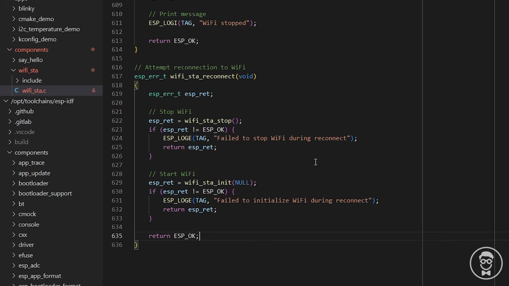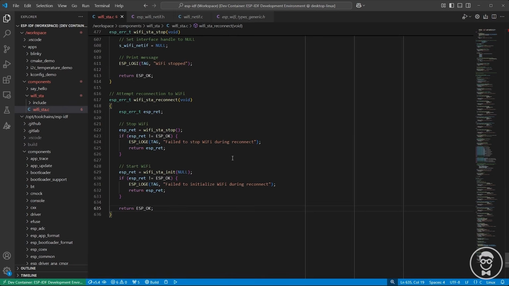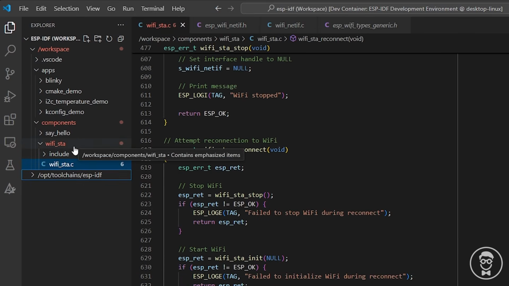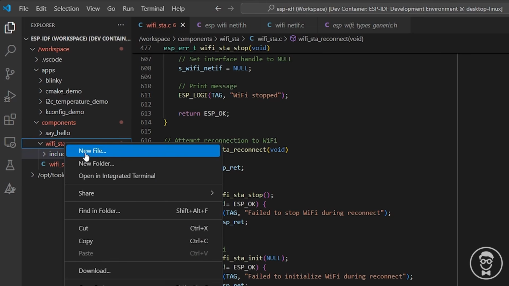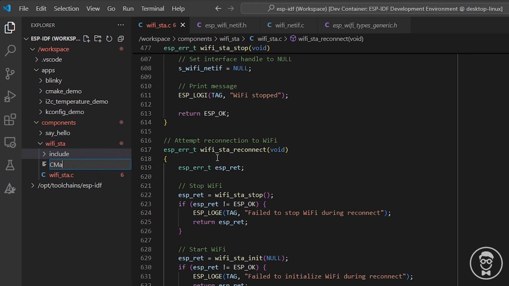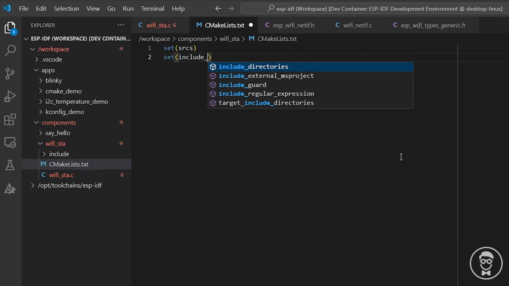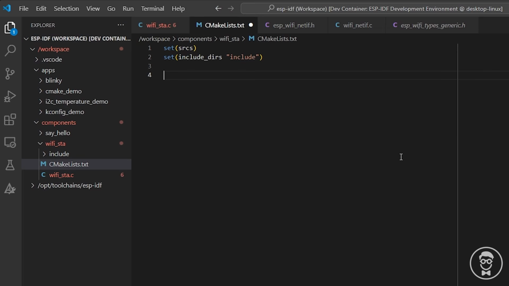Let's save that. And now we need to make a custom component in ESP-IDF by adding a few extra files. With the source for our driver written, we have our header file, our source code. Let's make a CMakeLists.txt. We will set our sources and include directories. These are variables we will append to these lists as needed, and then pass those to the IDF register components